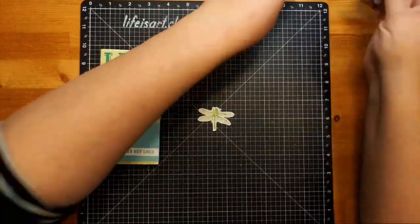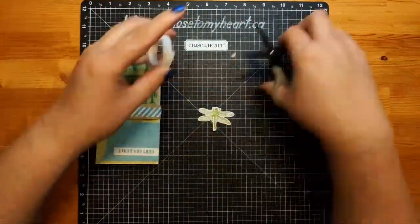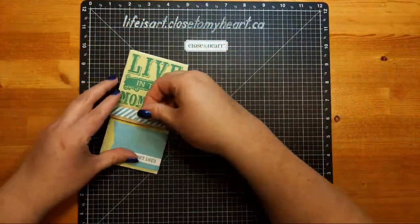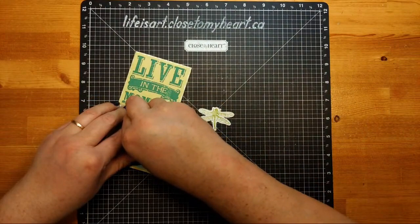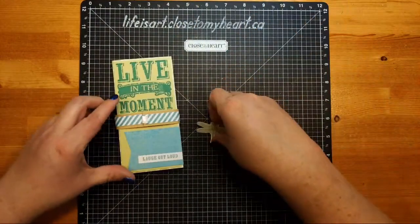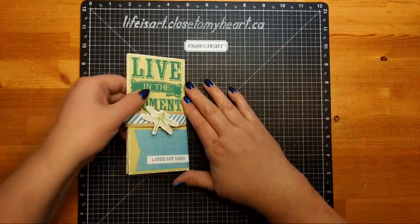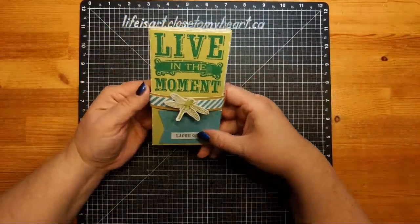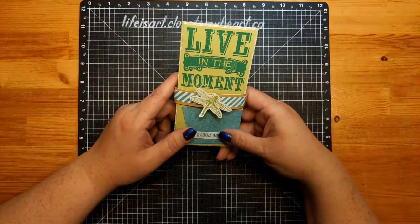There we go. Let's add this on with a little bit of foam tape. Which again, if you were trying to keep it low profile so that it didn't snag on anything, don't use the foam tape. But right now it's just sitting on my desk. So foam tape it is. So there we go. We have created our quarter fold folio